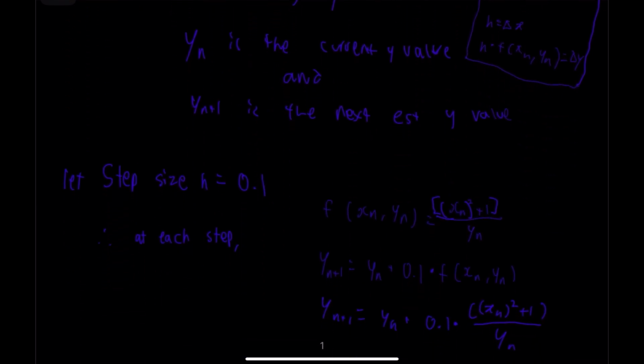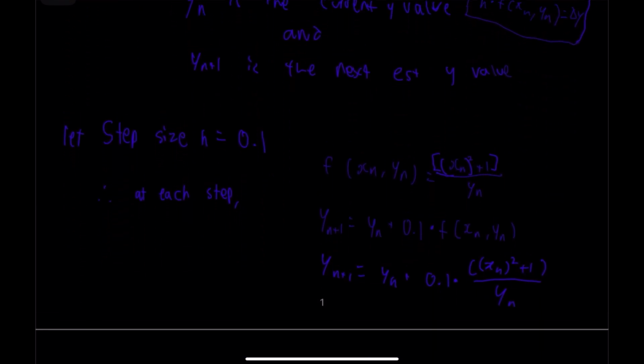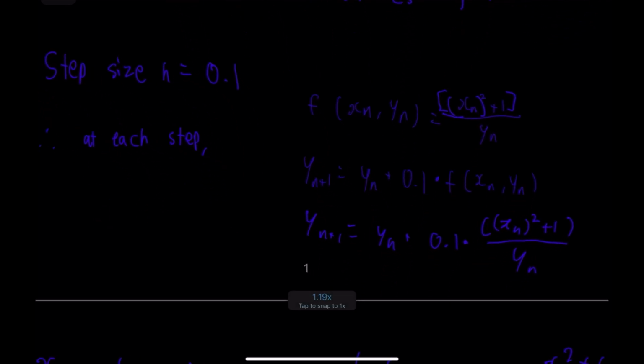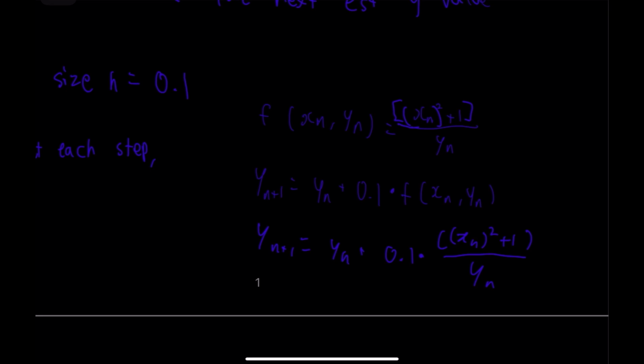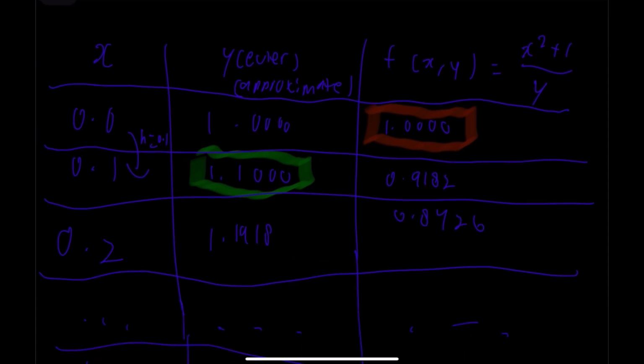So we're going to let our step size be h equals 0.1 in this case. And in our case, our Euler's formula will look like y(n+1) equals yn plus 0.1, which is our step size, multiplied by (x squared plus 1) over yn, which is our dy/dx. Now we can write this